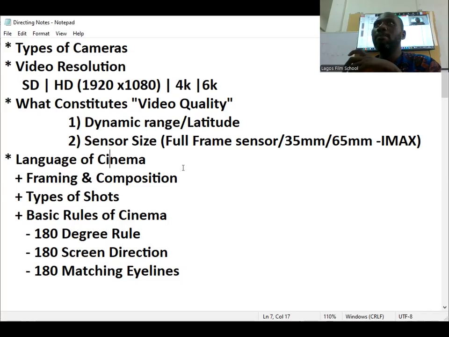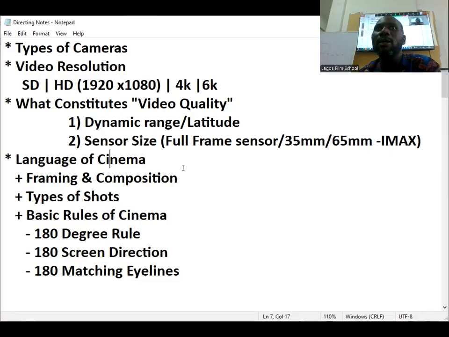Before you start a shoot, there are certain questions you should ask and get answers to. Question number one, what is the destination of this material? Okay, why? Because how you shoot for the cinemas is different from how you shoot for Netflix in a way, different from how you shoot for YouTube, different from how you shoot for Iroko TV and Africa Magic. Most of these places, the HD video is acceptable, which we'll talk about video resolution in a minute. But if you're shooting for Netflix and for cinemas, for example, you have to shoot 4K.